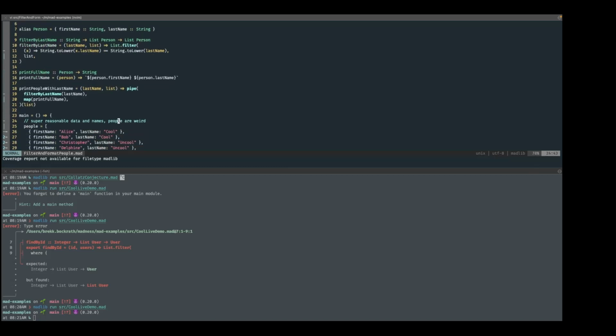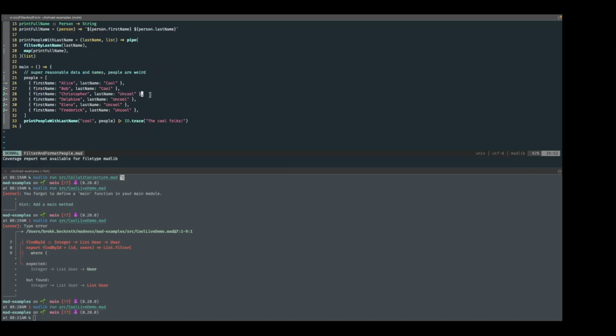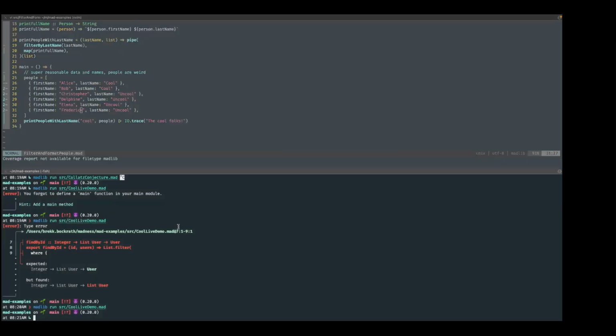So filter by last name allows us to take last name, convert it to lowercase, compare it to a list of things that are being filtered, and X here is each person as you iterate. So here I have defined some very cool people with cool names.